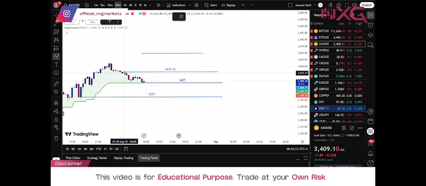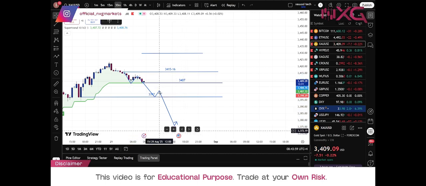For the retest, the market might pull down from here, and this is your first target, 3407. The market might go and touch back and cross this, but if it retests, it might just follow down. If it crosses and closes below this, then the next target would be 3397. Again, it will try to retrace a little back up with the support, but if not, then your next target becomes 3375. Now this is what the sell situation is going to look like.